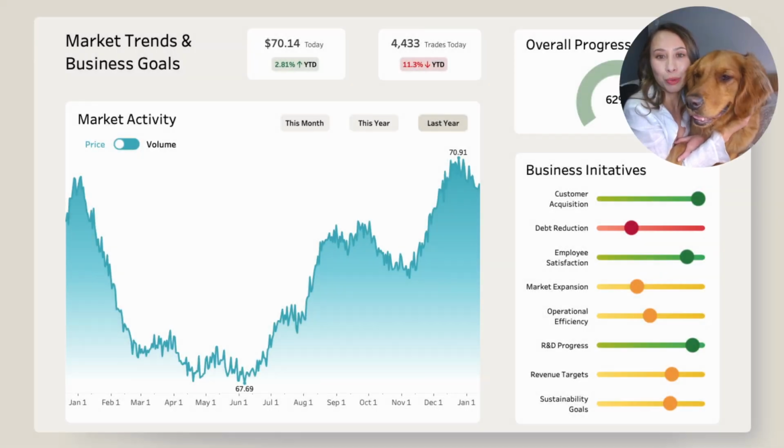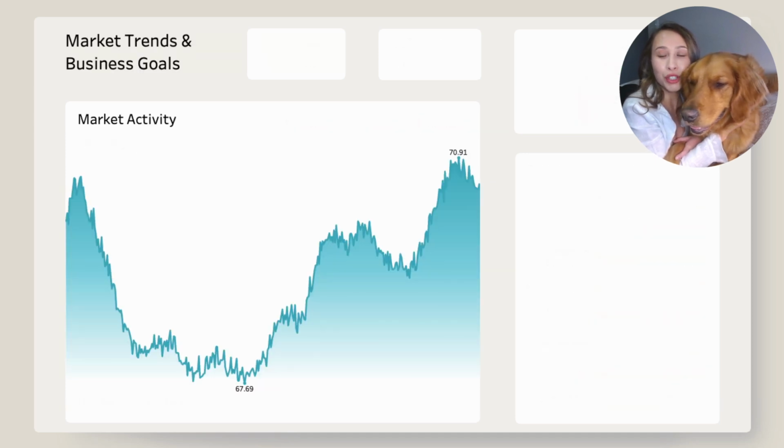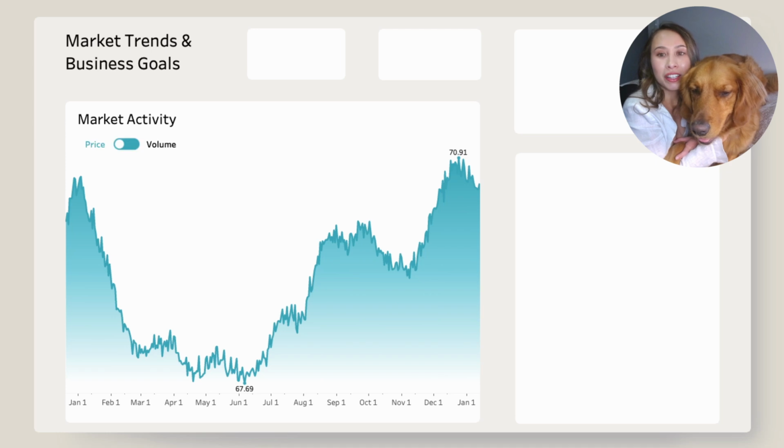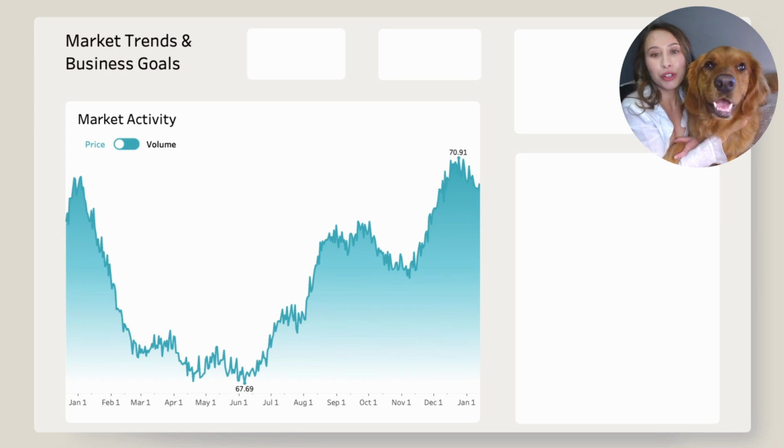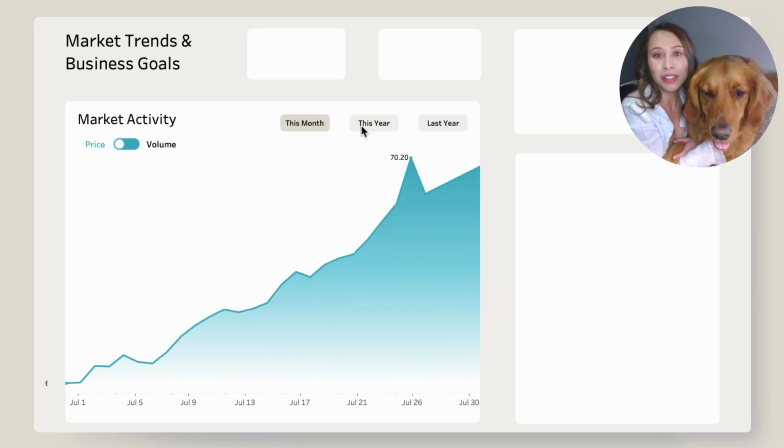To recreate this dashboard, we'll build a background and layout with rounded corner containers. For the visuals, we'll start with a gradient area chart and make it conditional with a toggle button, so users can switch between two metrics like price and volume. We'll also create time period buttons so users can filter the area chart by this month, this year, and last